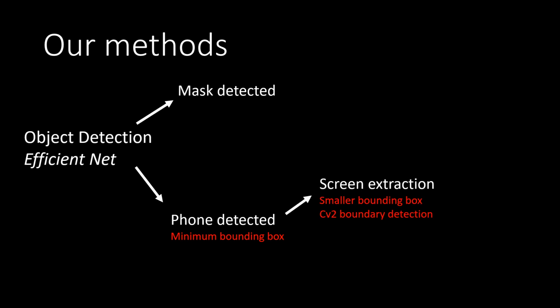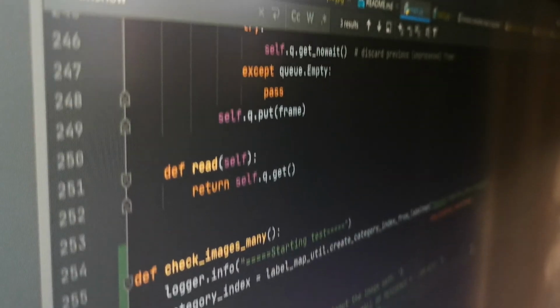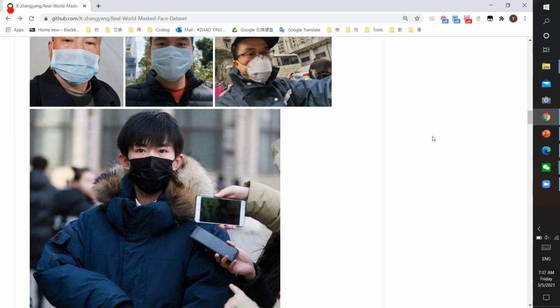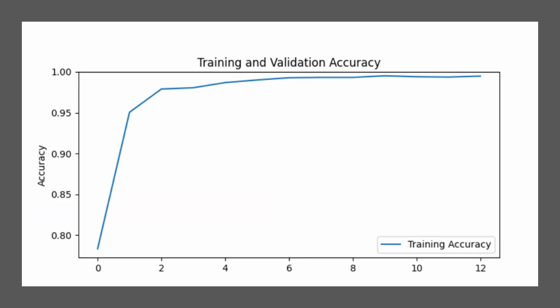What we have to do is further decrease the boundary of the bounding box with some CV2 boundary detection functions. And after we fully extract the screen, we can do some OCR, and here we use Google Tesseract as our function. After doing some coding and running through the datasets, you can see in this graph